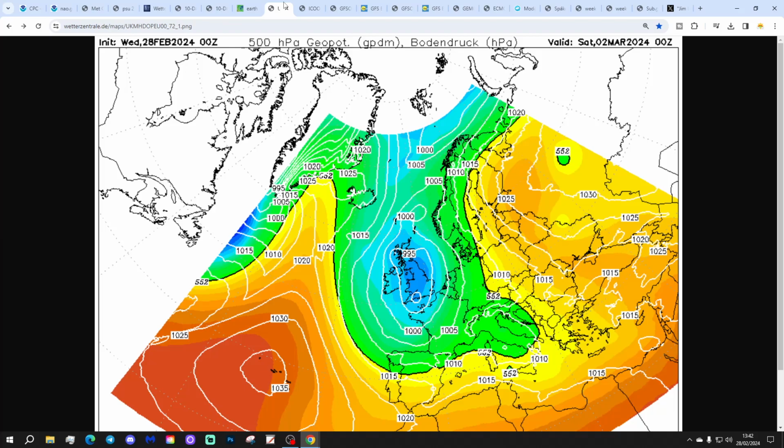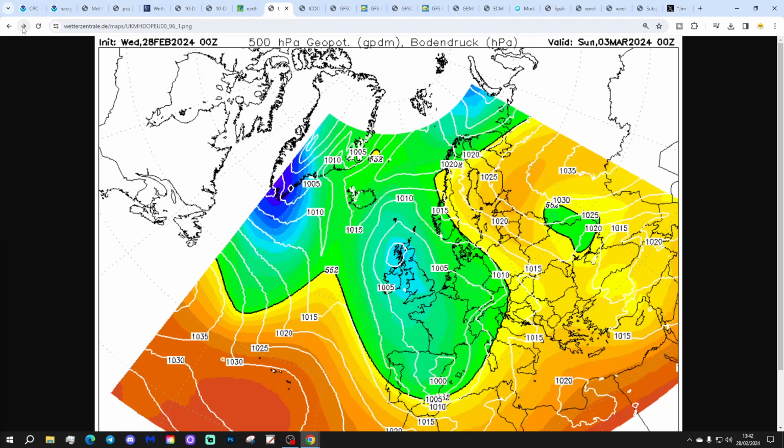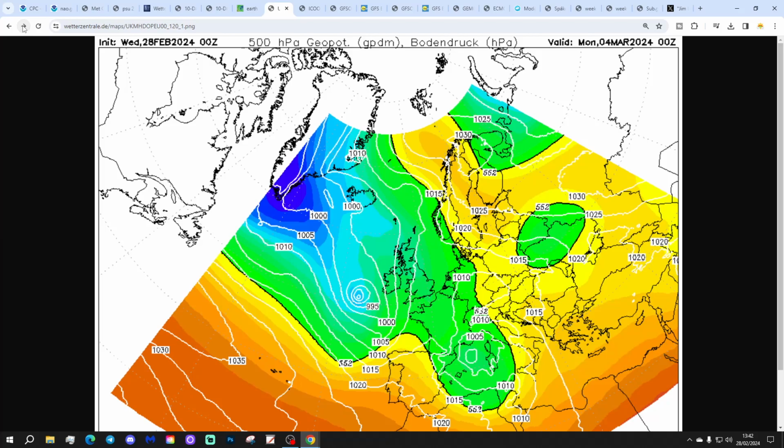Okay, let's start going through the chart data then. This latest UK Met Euro run is looking at midnight on Saturday. A trough of low pressure is slipping through the country, so it's looking quite cool and unsettled then. As that low pressure comes southwards, it will pull in some colder air from the northwest with it, so that's where the risk of rain, sleet and snow is coming from at the end of the week and into the weekend. We keep that trough of low sitting over the country into Sunday. It weakens by Monday, so it could be a mostly dry day.